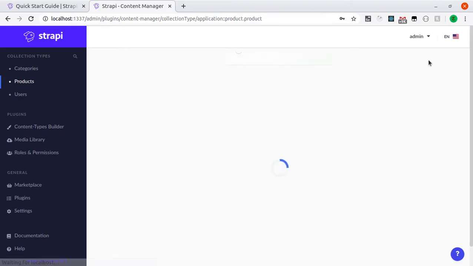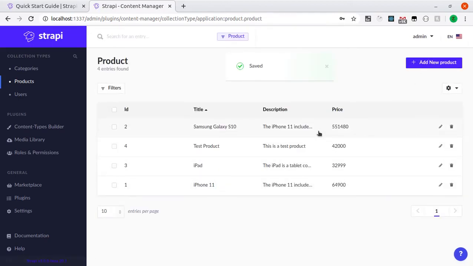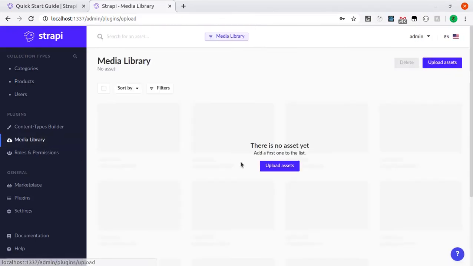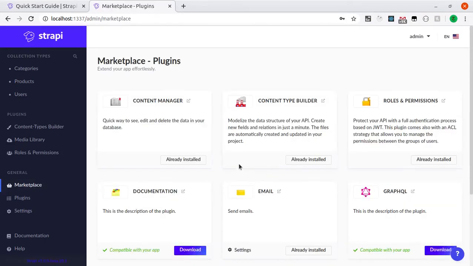You can save it. Okay, so everything we are doing in Postman, obviously you would do that through your front end, whatever that might be. There is even a media library for images and video and stuff like that. There is a marketplace with other plugins, and you can implement GraphQL.